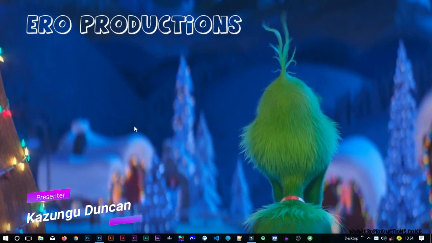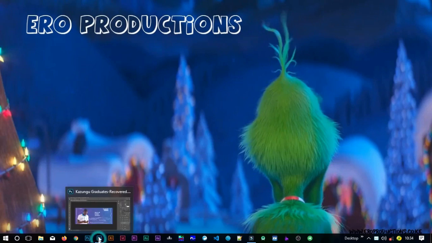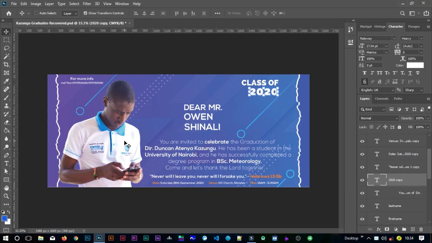Hi there, this is Kazungu Duncan, and today I'm going to show you a trick when it comes to compositing, selecting and moving layers. So normally when you want to move a layer, you select that layer and you can